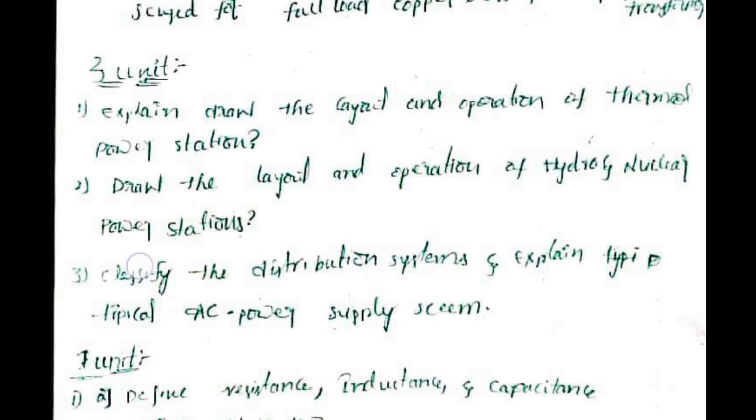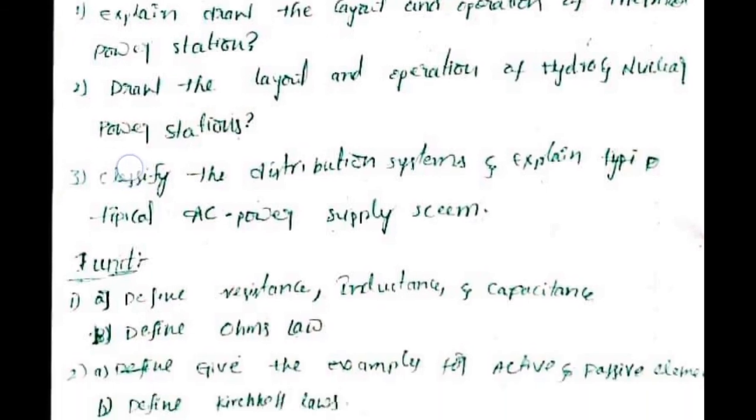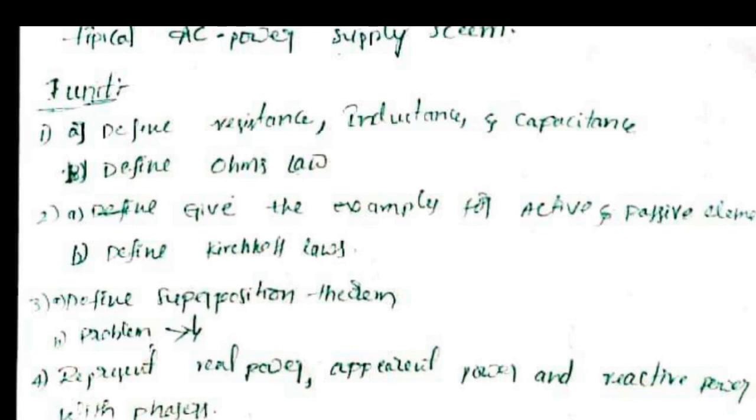Now we are going for Unit 1. Define resistance, inductance, capacitance, and define Ohm's law. V equal to IR. When temperature remains constant, the voltage is proportional to the current. Active elements means voltage sources and current sources. Passive elements means resistance, inductance, capacitance, these three. The elements which consume electric power are called passive elements. Resistance, inductance, capacitance are examples of passive elements.